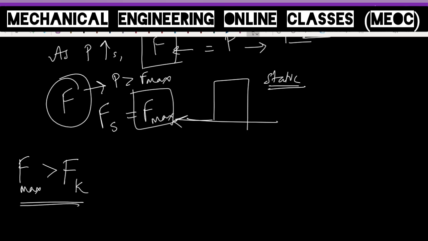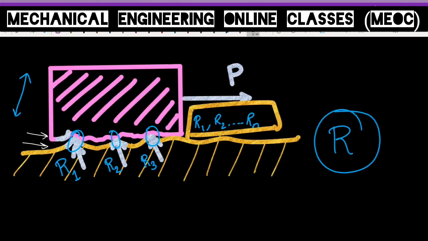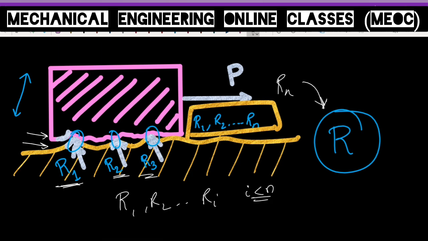Why can this happen? Once the motion begins, relative motion is there. Due to increased speed, it is sometimes possible that most of the contact points are skipped, due to which there will be reduced reaction forces. For R n, the resultant is N. If due to increased speed some of these points of contact are just skipped, just overtaken, then the number of these reactions will come down. Now it is R1 to Ri only, where i is less than n. That time the resultant will also be lower.